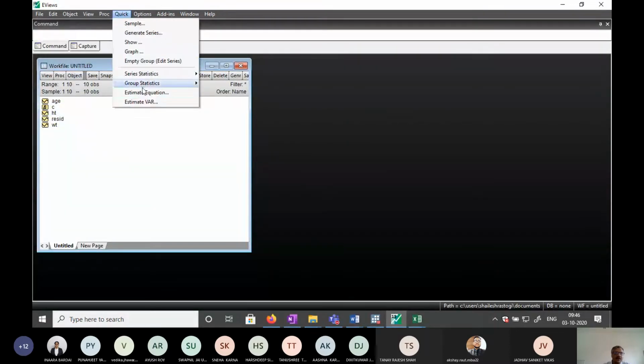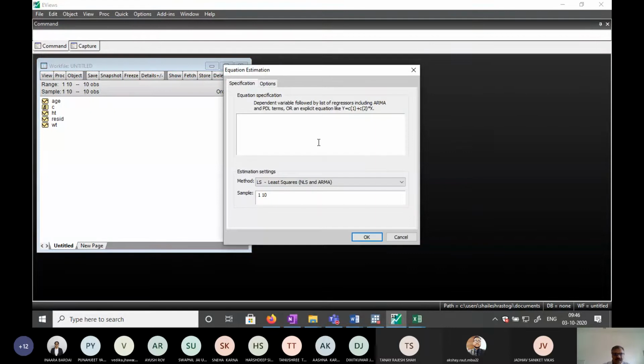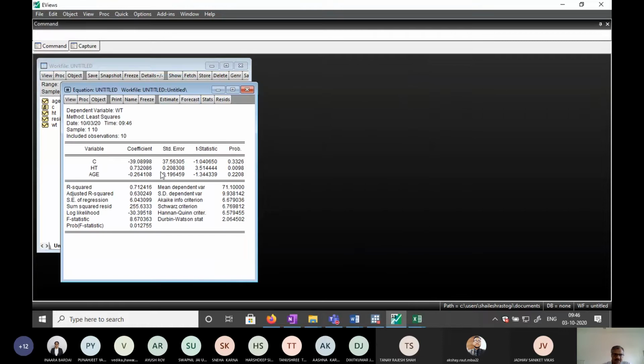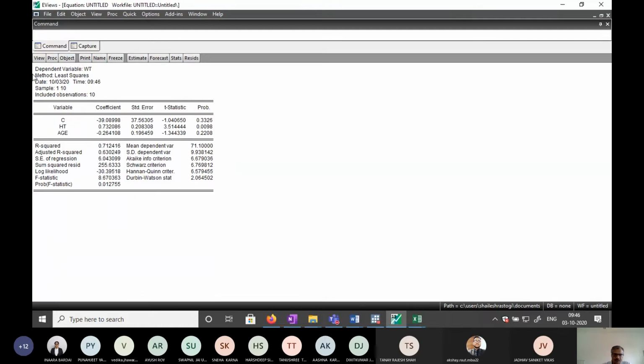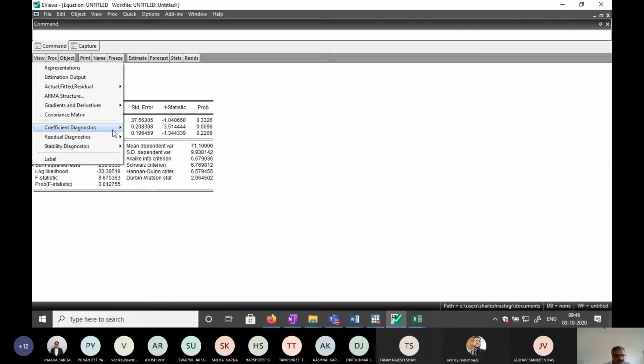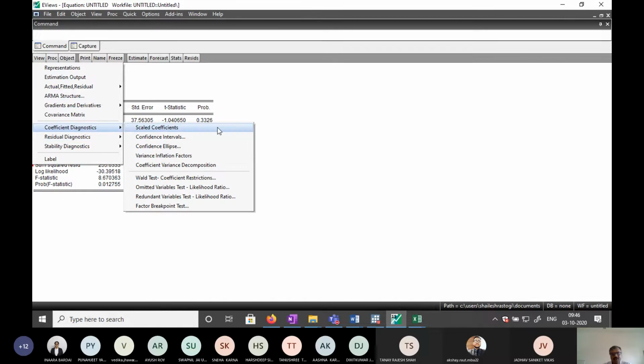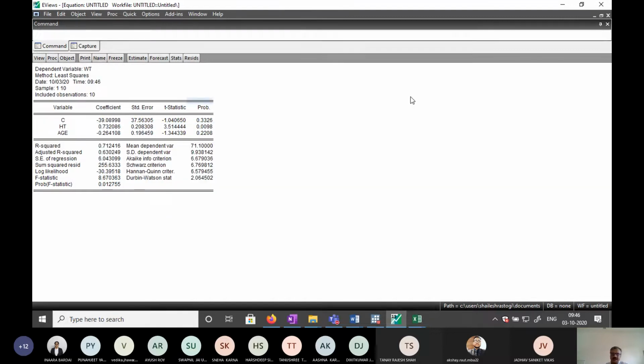Right now I need to go for the estimating equation. Here I have to write weight. For the constant I have to write C. The commands are different in EViews as compared to Stata. HT will have and then age. So that's it. Same output we have got. And if we want the standardized coefficients, then you can note down the path after running the regression. Please pay attention. Go to view,